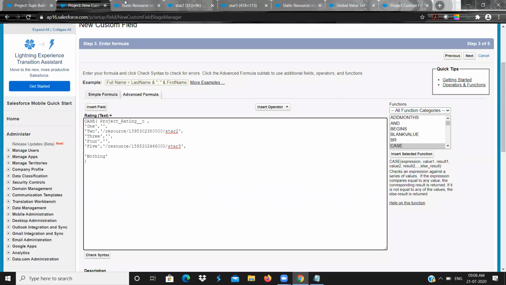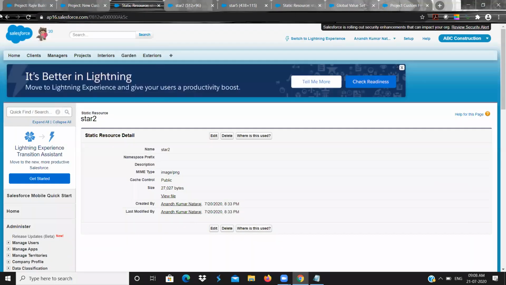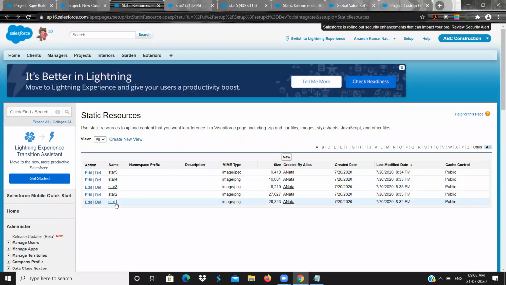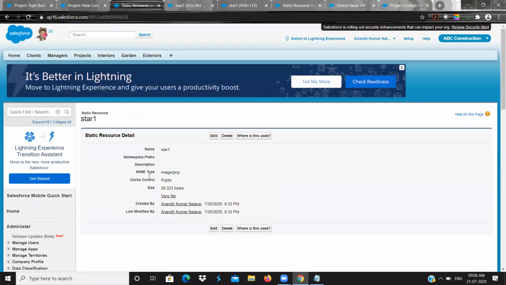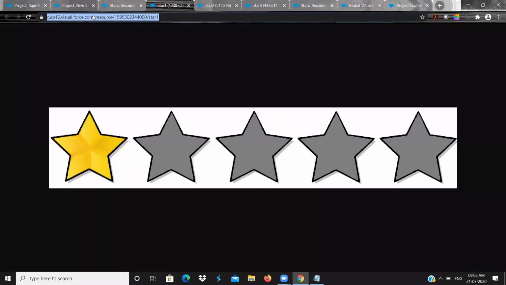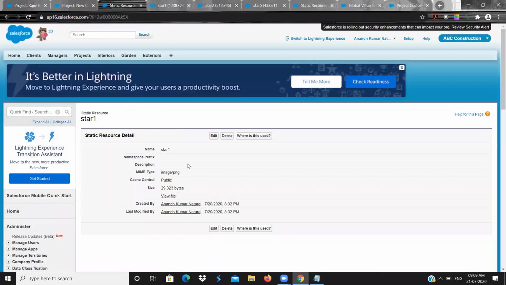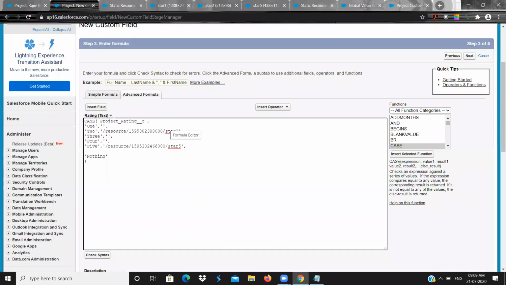Similarly for 1, click on view file. So for 1 rating, it needs to show this.